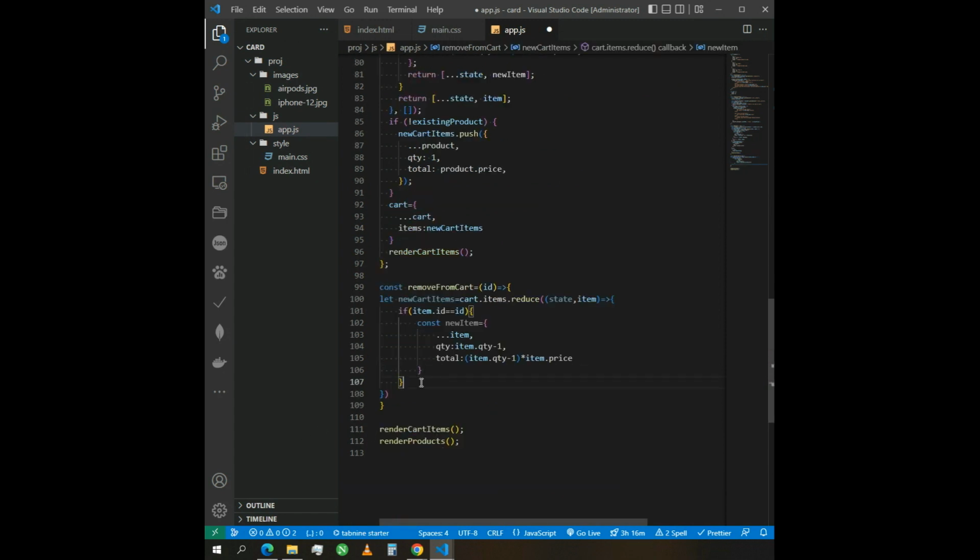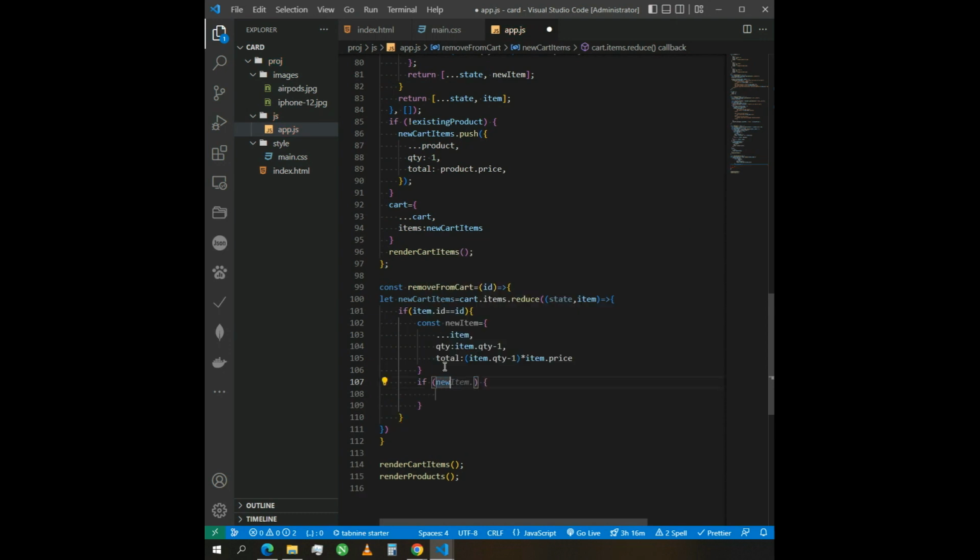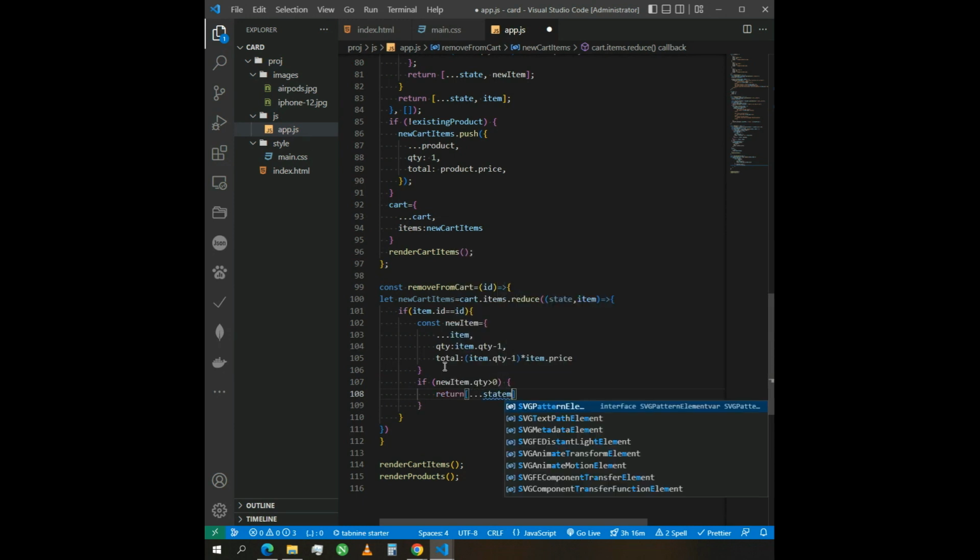And so if new item dot quantity greater than 0, return state and new item,